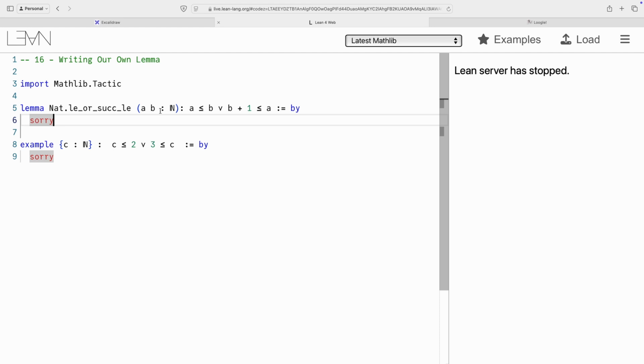Right, so otherwise it looks kind of standard. We've got the fronty bit, we've got the variables, we've got the proof objective, and then we're going to prove it. Now you might have seen this thing called sorry elsewhere. It's just a way of telling Lean to ignore the errors,